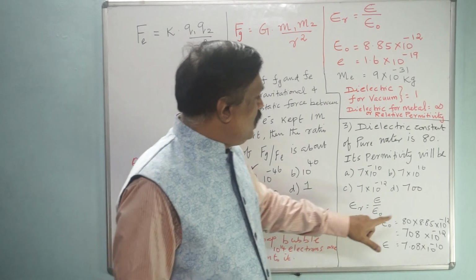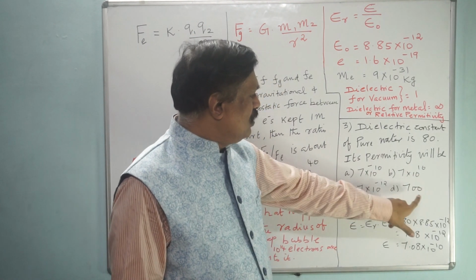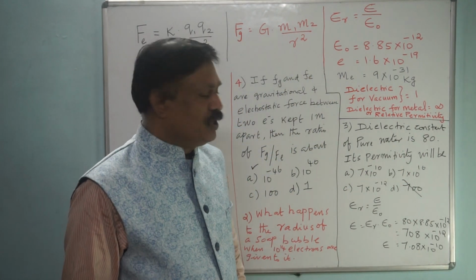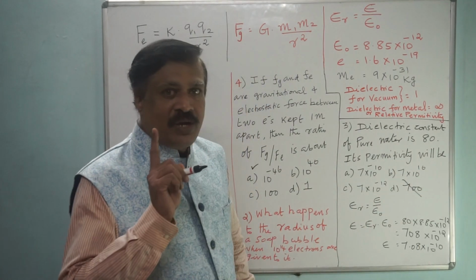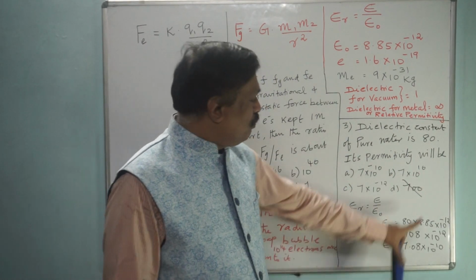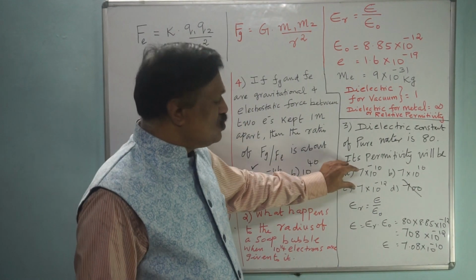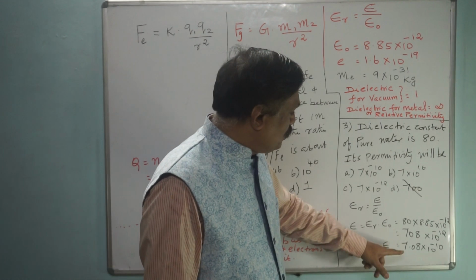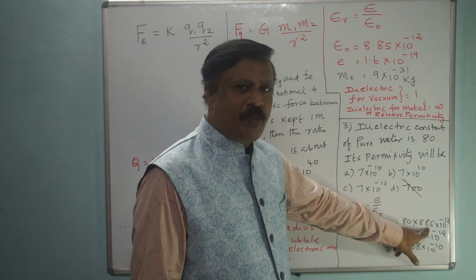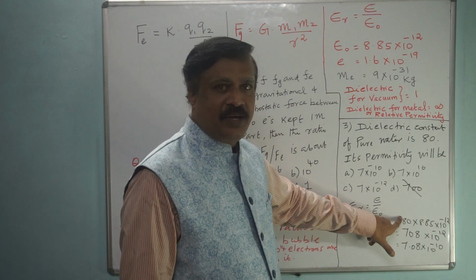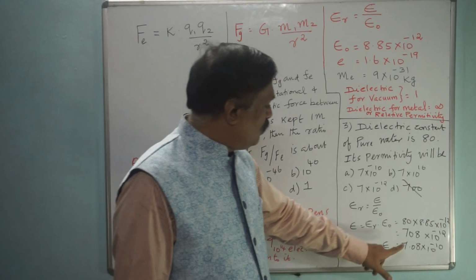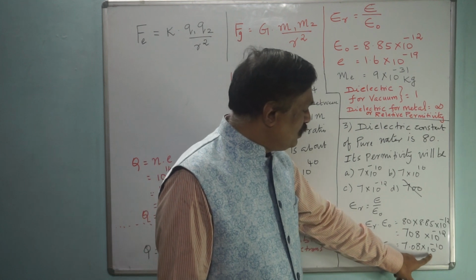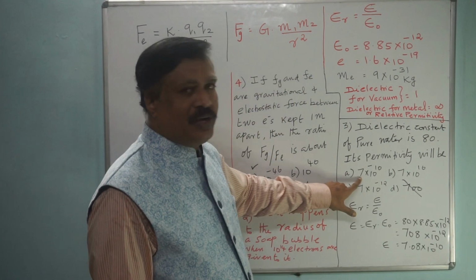You have to say here this is 10 power 10, 700. 700 is not there definitely. You have to go for the elimination process. And 10 power 10, that means your answer is negative power only, therefore plus should not be there. Then among these two, one will be the correct answer. If you substitute here 80, here 8.85, approximately you put 9 into 80, that means 700 something. Therefore 708, and if you put 7 point something, then it will be 10 power minus 10. Therefore this is your correct answer.